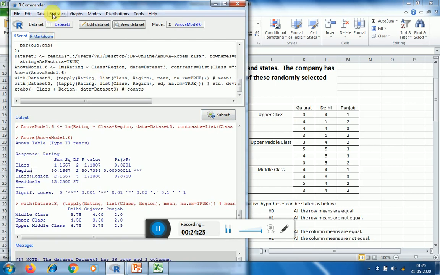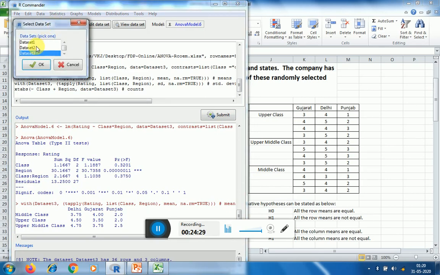So here you can even select any data set you have saved or whatever data sets you have uploaded. All these data sets are available here, and you can even make the comparison or you can use these data sets as and when required whenever you are making the analysis.